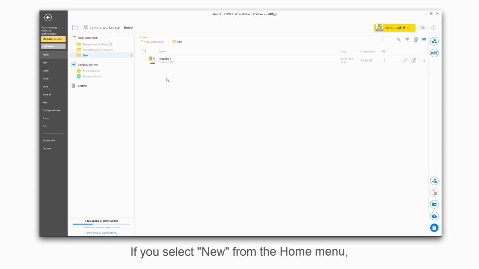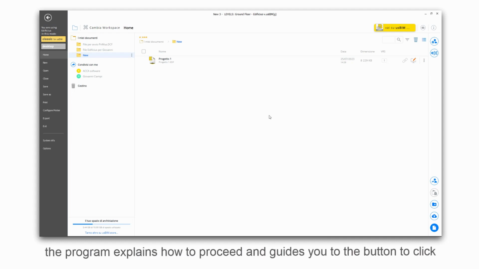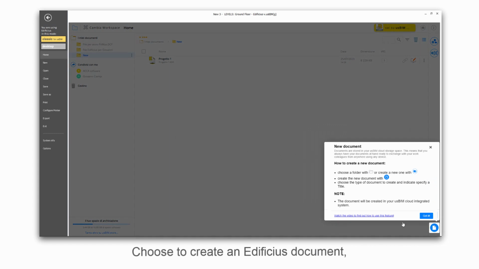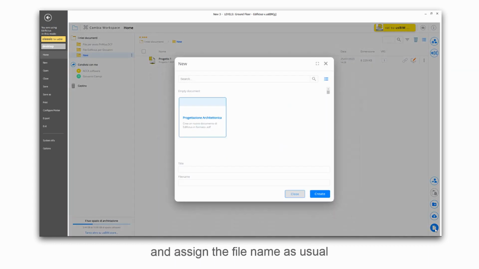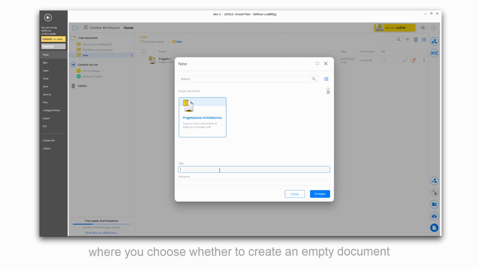If you select New from the Home menu, the program explains how to proceed and guides you to the button to click. Choose to create an Edificius document, give it a title, visible only on usBIM, and assign the file name as usual. The guided creation of Edificius starts, where you choose whether to create an empty document or start